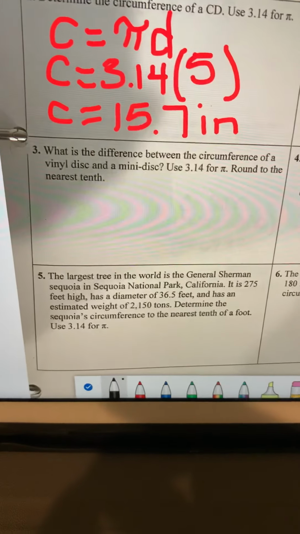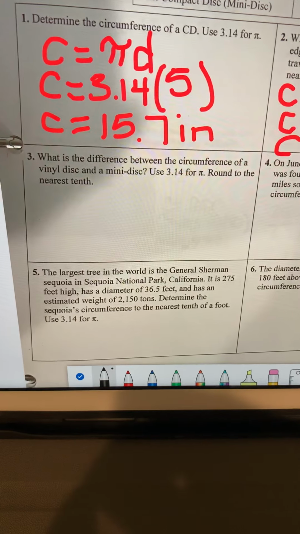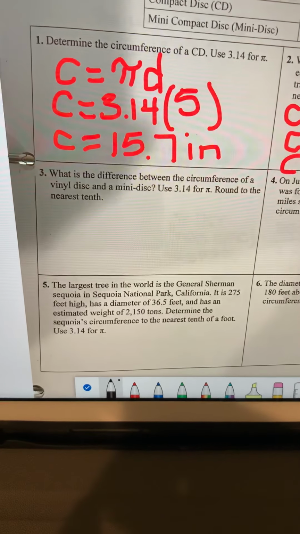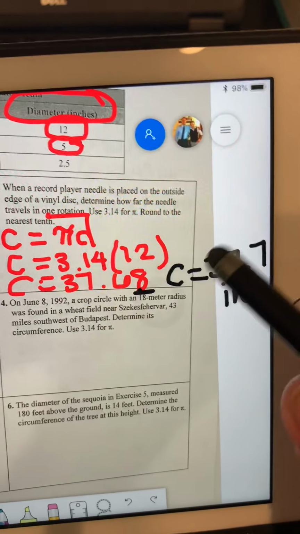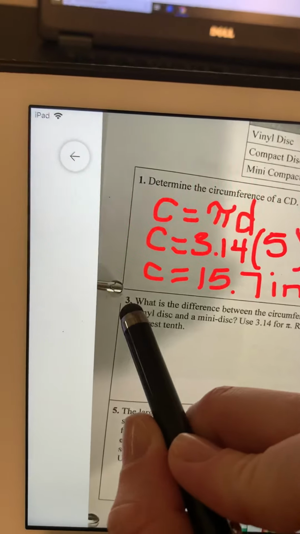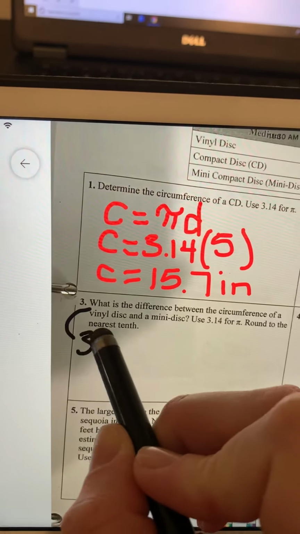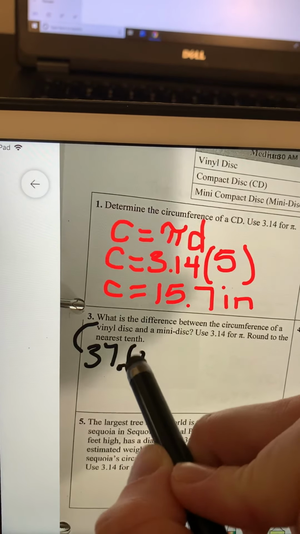Okay, on number 3, it says, what is the difference between the circumference of a vinyl disc and a mini disc? So good news on this one is you just found the circumference of the vinyl disc. So you already know that the vinyl disc is 37, and we won't round it because it didn't tell us that earlier,